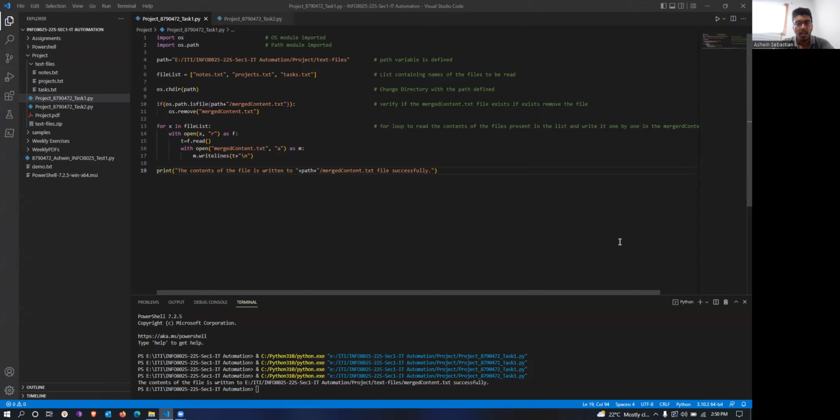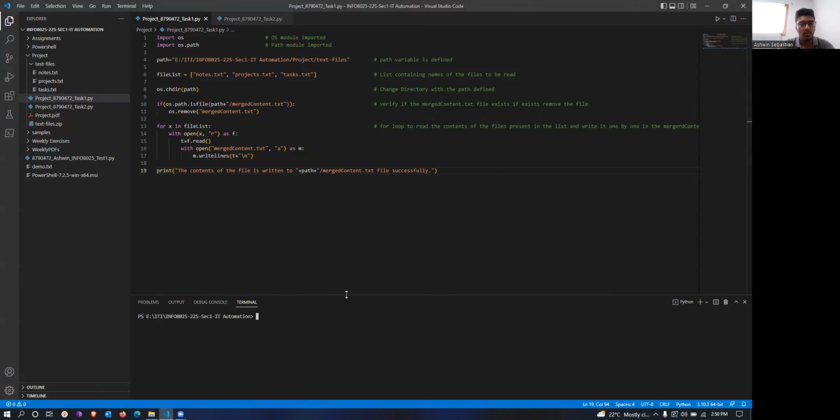Task one was to combine the contents of three files and create a new file called merged content.txt, which contains the content of all those three files. And task two was to create a simple calculator using Python and functions, along with try and except handling methodology. So let me execute task one first and show you successful